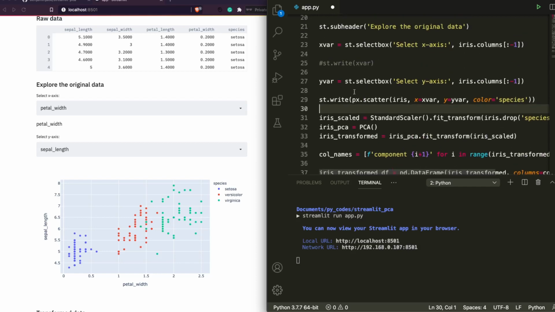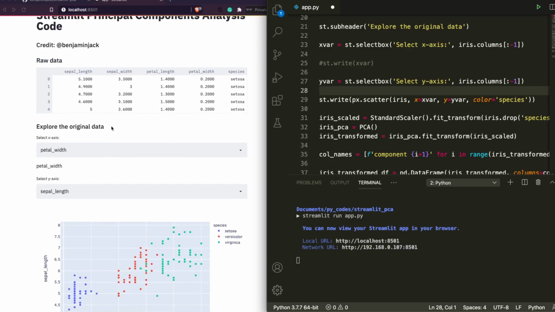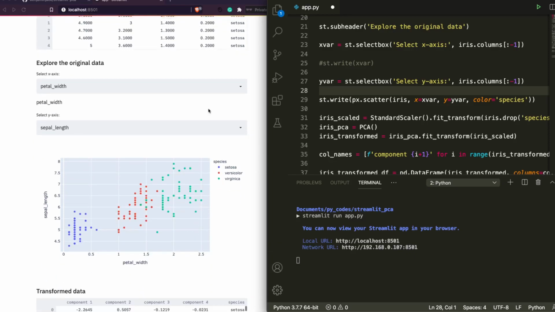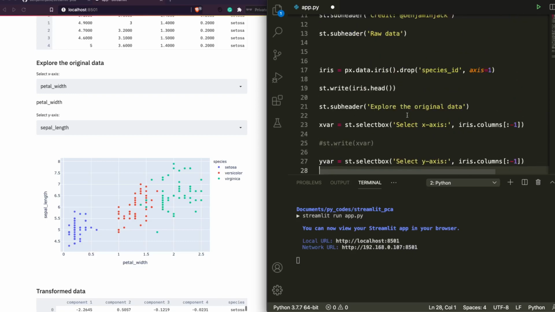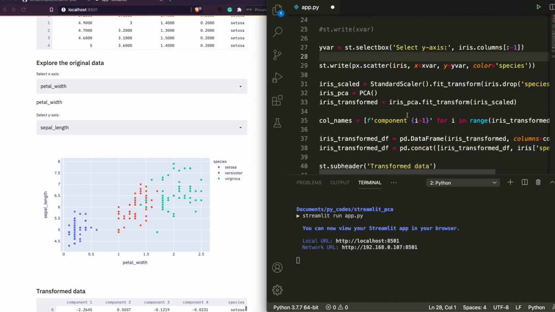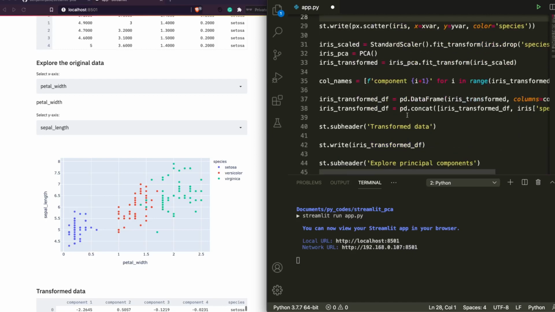So until this we have created the UI, and we have shown these elements. Now at this point we are going to move ahead with the PCA. Until this it was all aesthetics, now we are actually getting into the stats part, which is the PCA. How to do PCA in this case.